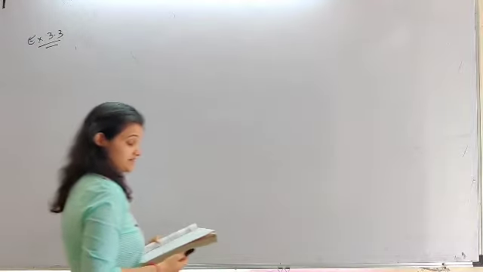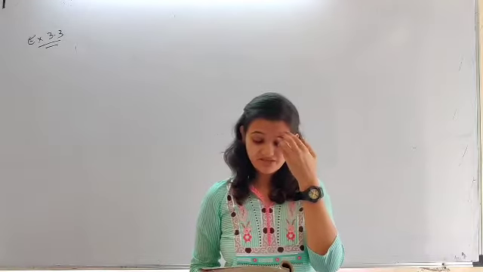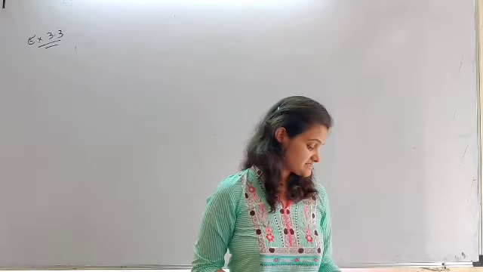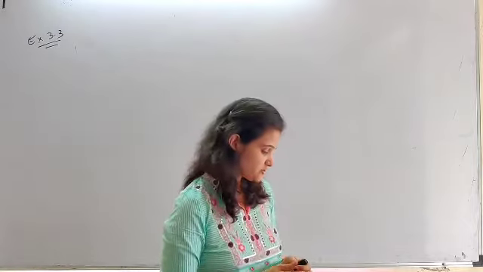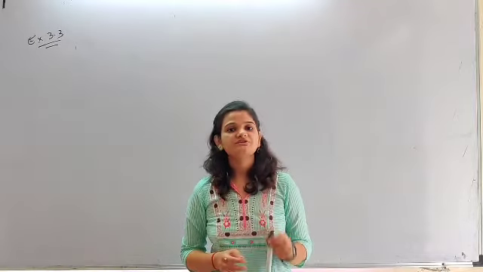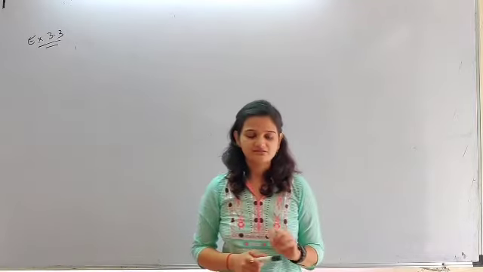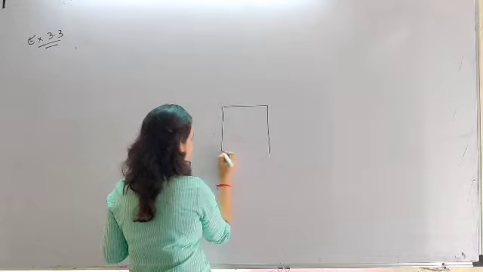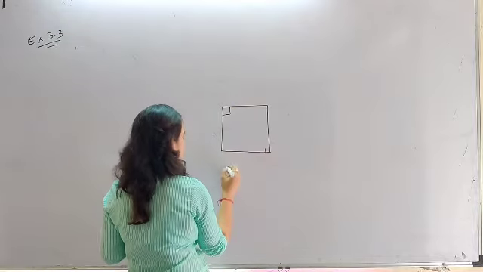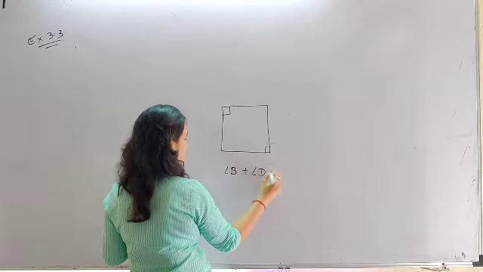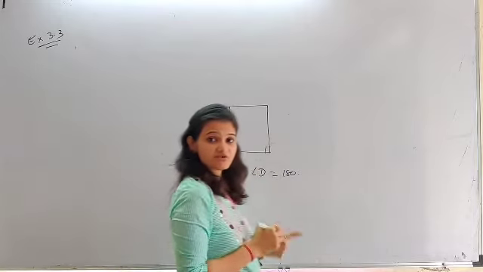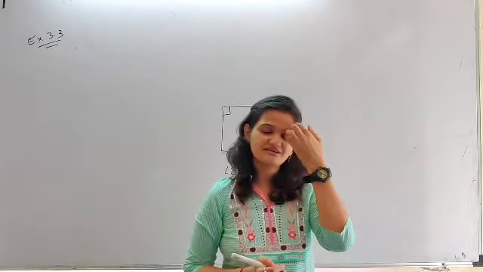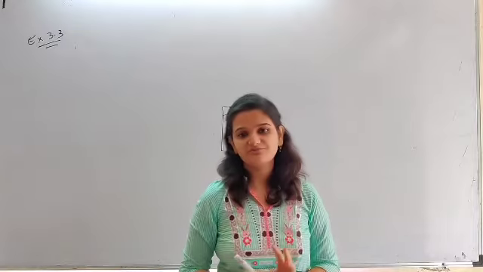Question number 3. Can a quadrilateral ABCD be a parallelogram if angle D is equal to angle B? First question. Angle D is equal to angle B is equal to 180. So ABCD is a parallelogram in which angle B and angle D are opposite angles. Opposite angles are equal. But if ABCD is a square, then opposite angles are also supplementary. So angle B plus angle D can be 180 only if the given quadrilateral is either a square or rectangle, or else opposite angles cannot be equal. So it may be, it may not.